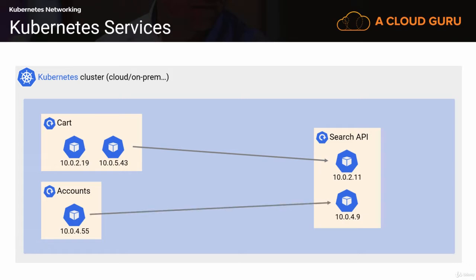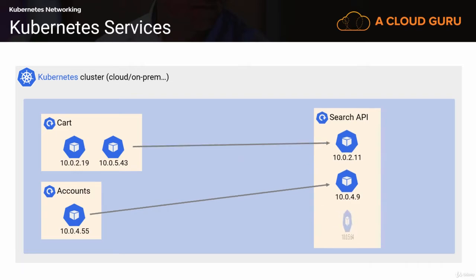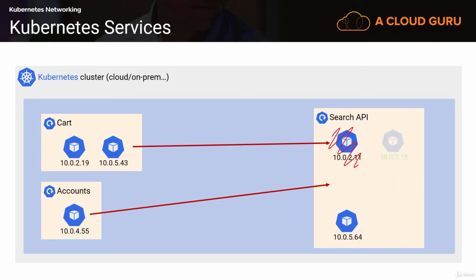However, if demand ramps and you scale the service, each time you do, you're adding new pods with new IPs. Then when you scale back down, you're taking them away. And the same goes when nodes fail. You're losing pods with IPs. Sure, I mean Kubernetes recreates those failed pods on other nodes, but those come with new IPs. So how does everything else that's wanting to use the search API here keep up with which pods exist and